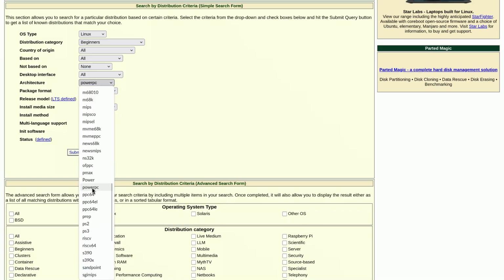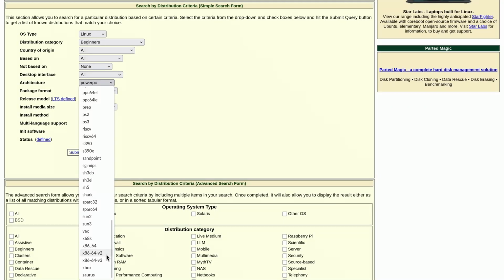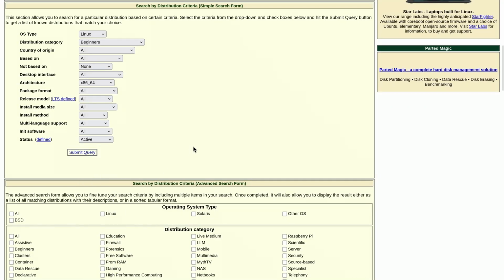But for the majority of the users who are using modern Intel or AMD processors, the simple answer is x86_64, which is commonly known as x64. Then comes package format. If you are looking for an absolute beginner distros, then there are only 3 viable options, which are Deb, Flatpak and Snap. Not only they are easy to use, but you will find tons of help and troubleshooting guide on the web. But to get a variety of options, I will go with the default.